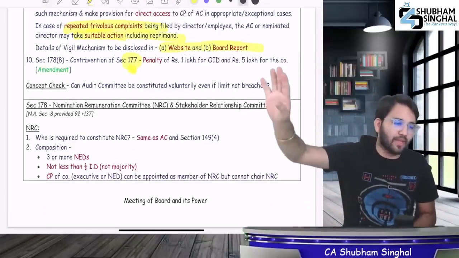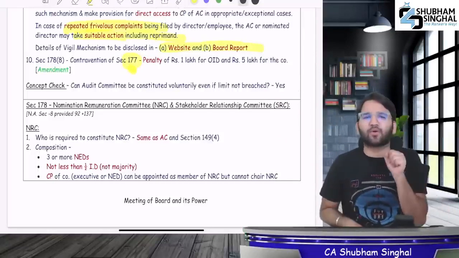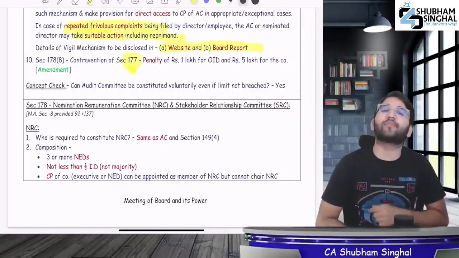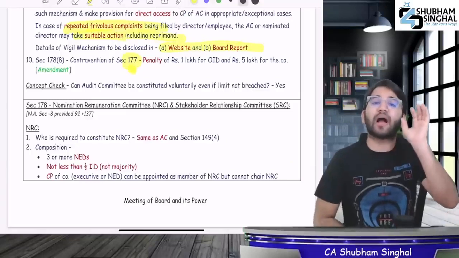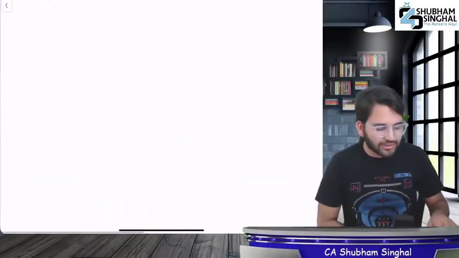But let's say that none of these limits are met. Suppose my paid up share capital is 5 crore rupees. Then, is it possible to set up an audit committee? The answer is yes. There's no problem if you want to set it up at your own will. Nobody is going to stop you. This was the audit committee. Next we have